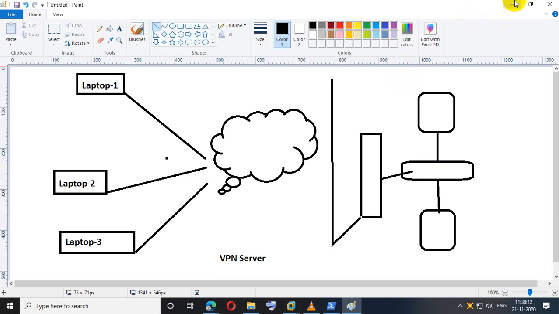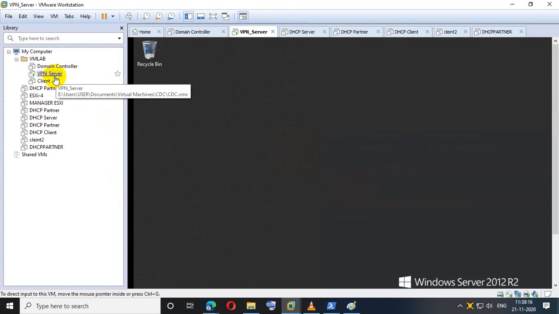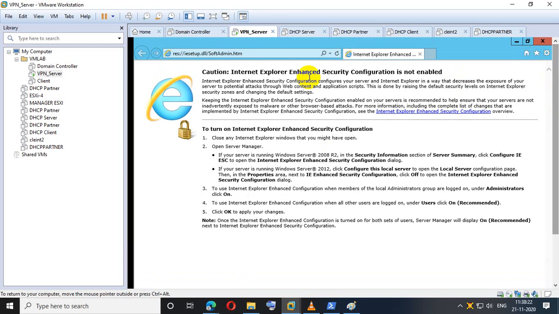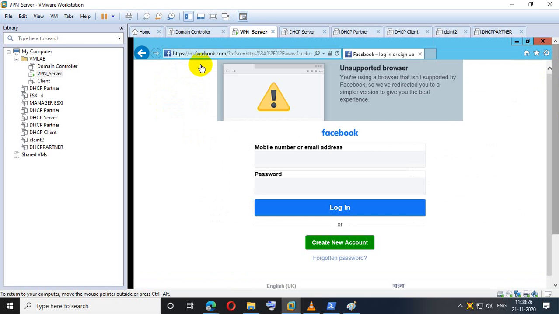Here in my workstation, this is the VPN server, and it can also access the internet. If I go to facebook.com or anything, we are able to access the internet. These machines are taking internet from my base machine.